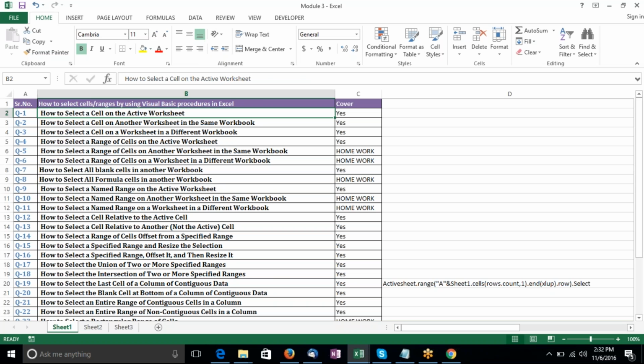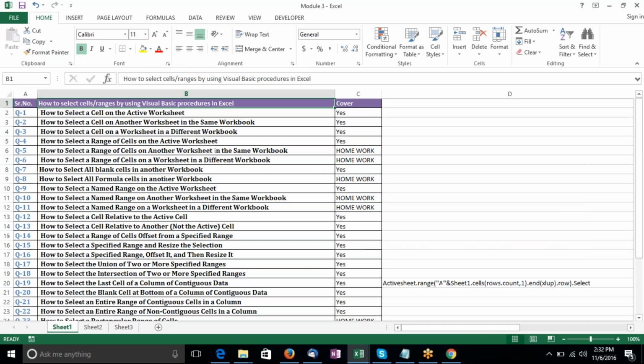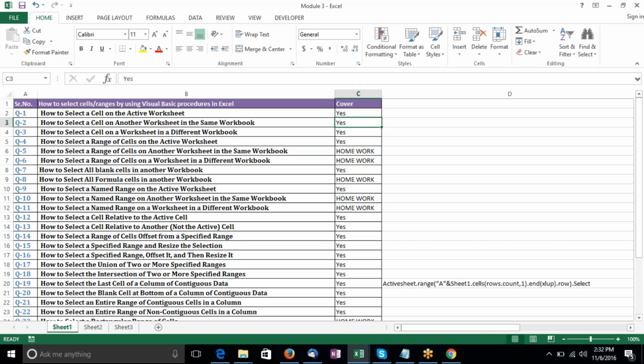See, I have designed this module 3 in such a way where I will teach you most of the things and somewhere I will give some homework like this. When I will teach, I will teach you how to select a cell on the active worksheet. In the active worksheet, how to select, what would be the code to select a specified cell in a worksheet,